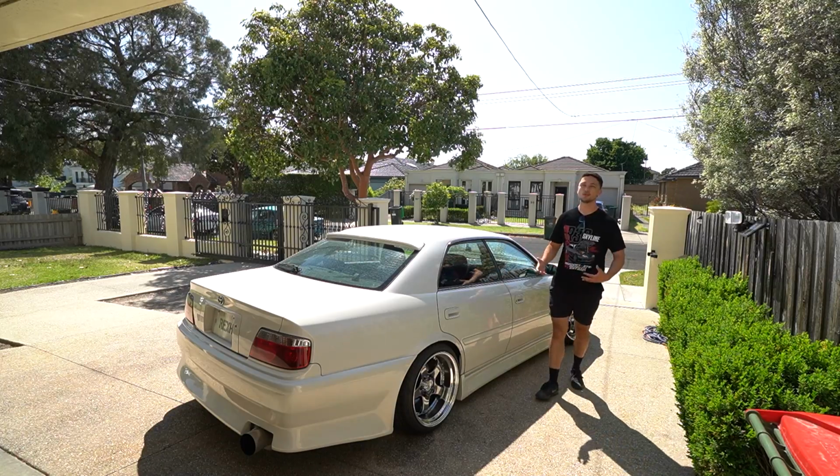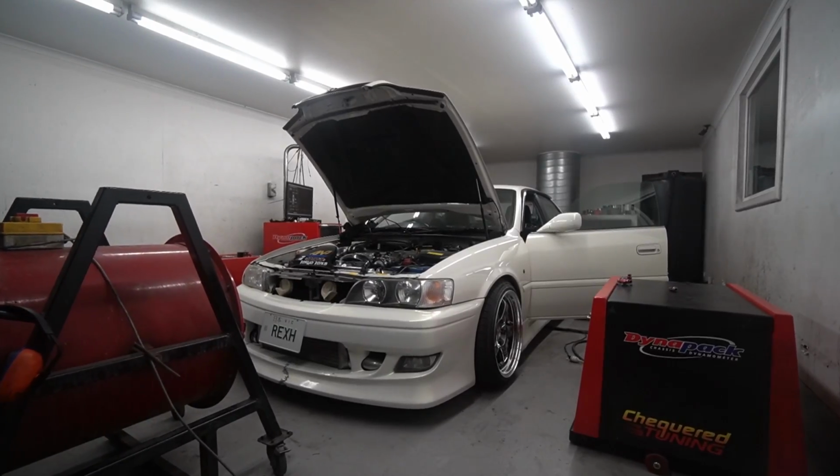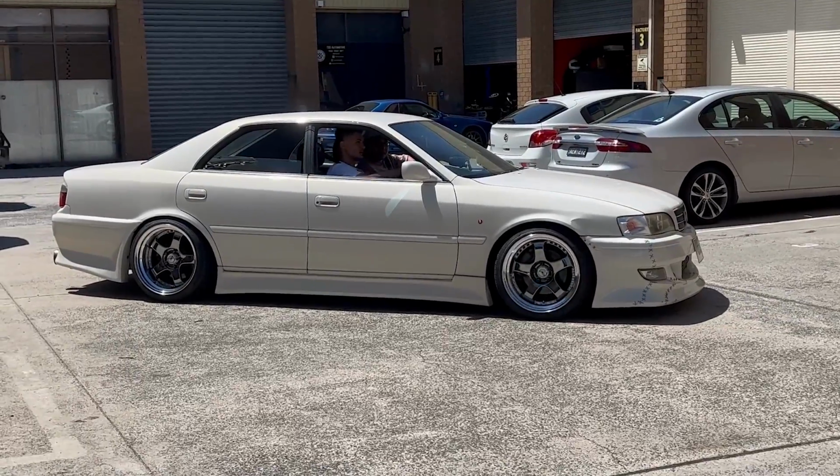Over the past few years, we've done some crazy work to the Toyota Chaser. We've put a big turbo on it. Whoa, dude, what the hell? It's running on ethanol and it makes about 340 kilowatts to the wheels, but it's sort of been put on